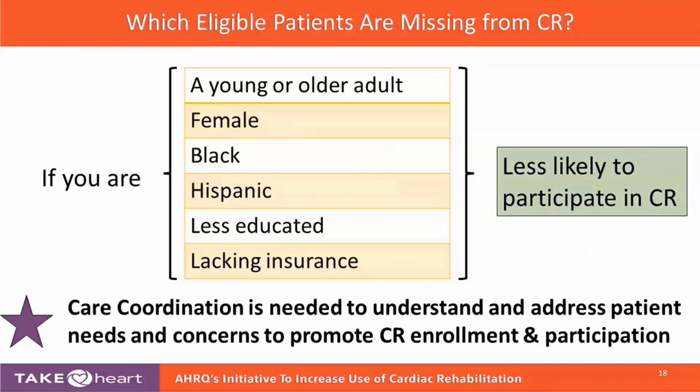So what you might need to start with is trying to figure out what are the people that you're not seeing. So if we look at the research and the general characteristics of populations that you don't see in CR, one of the things is that the people who are relatively young or relatively old are the ones that don't end up in cardiac rehab. On the younger end, you might have people that are still working or caring for young children, and those things kind of interfere. And then the very old, you might get social isolation or frailty or other barriers.